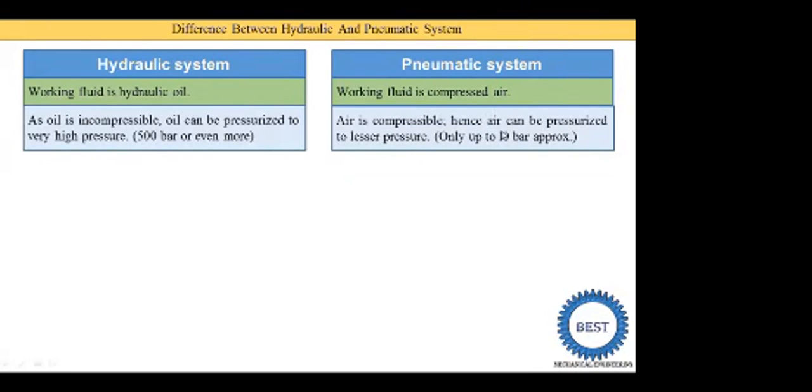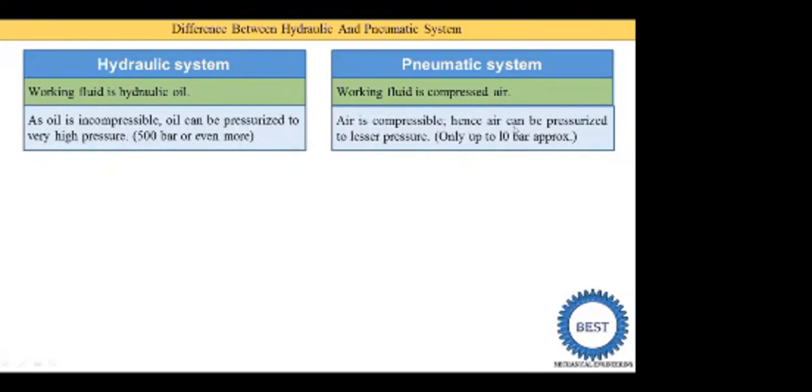Okay, in the last few videos we discussed the force developed by the system. The force developed by the system is directly proportional to the pressure of the working substance times the area of the piston. We know that the area of the piston is not in our hands, it is fixed. Now if we need to increase the force developed by the system, we have only one thing to do, which is to increase the pressure.